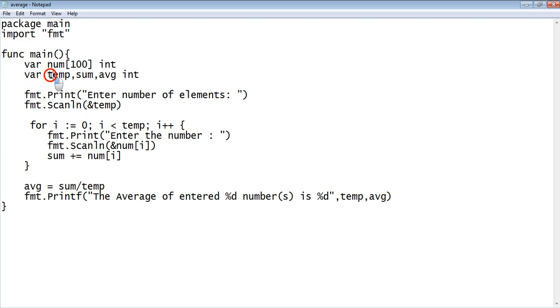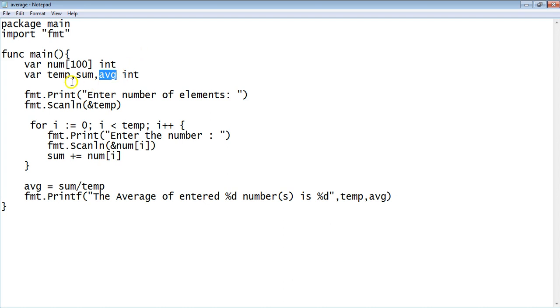And the second line, you can see var, obviously the keyword that you need to put before any variable declaration, followed by the variables separated by commas. So in the second line you have three variables: temp, which probably stores the intermediate values; sum, which is going to compute the sum, the addition of all numbers; and avg, which is going to give the average value of the n numbers that you're going to sum.